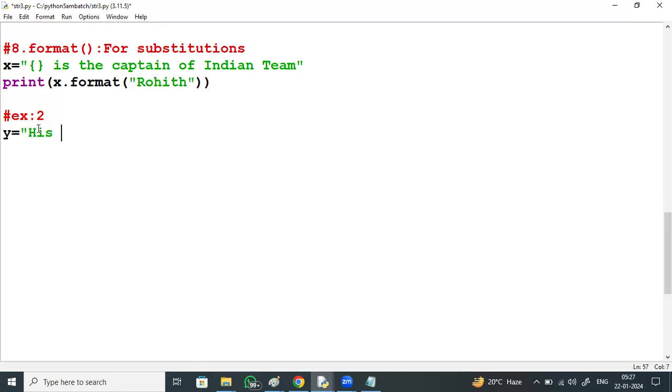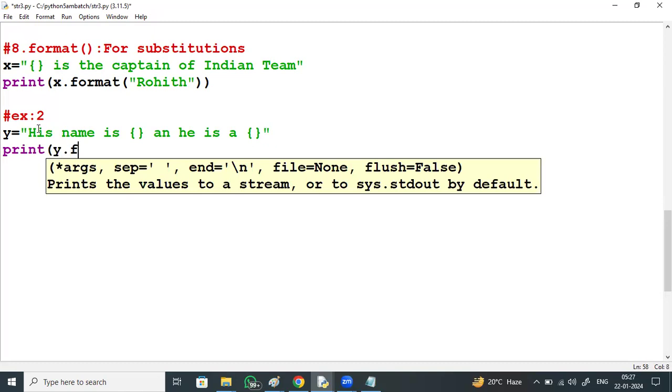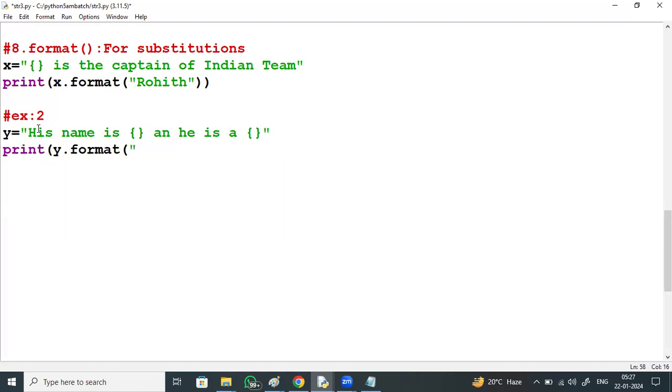One more example. His name is, and he is. Here there are two substitutions. Y is the string, dot format method. First substitution, what do you want? His name is Ajay.